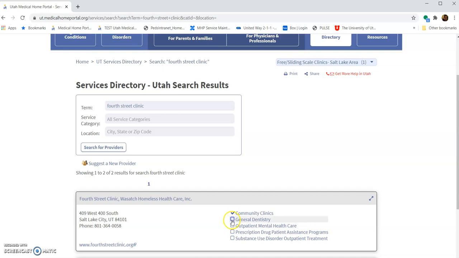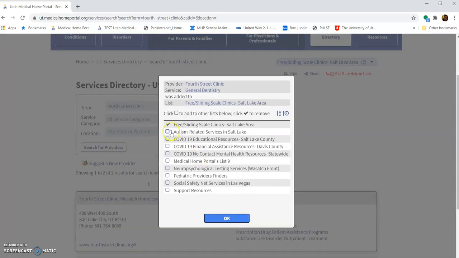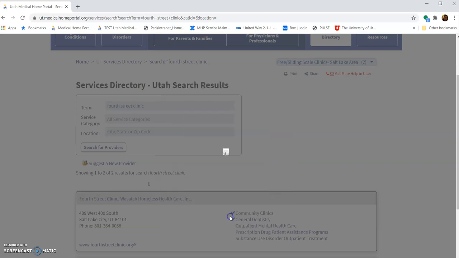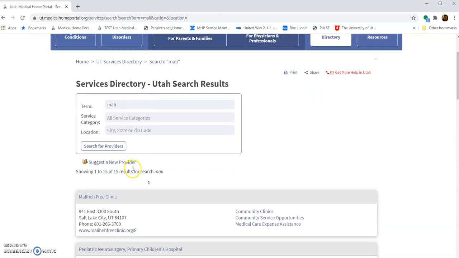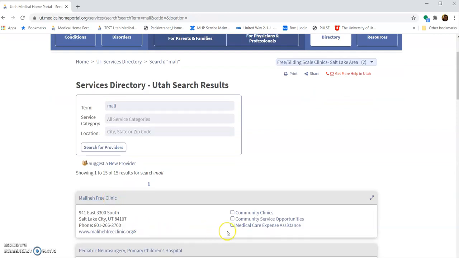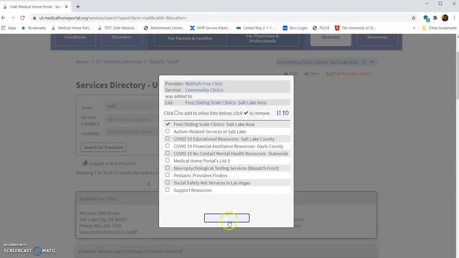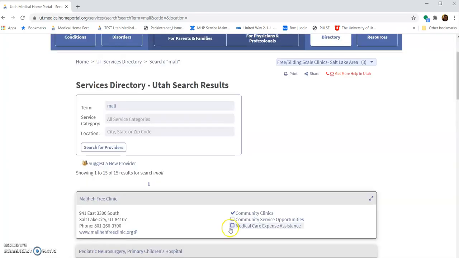And like I said, I'm going to add the dentistry as well. I get my pop-up just to double check which list I'm adding it to, hit OK. And then I'm going to add in another clinic, this Malia Free Clinic. On this one, I'm going to add the medical services, get our pop-up to confirm,